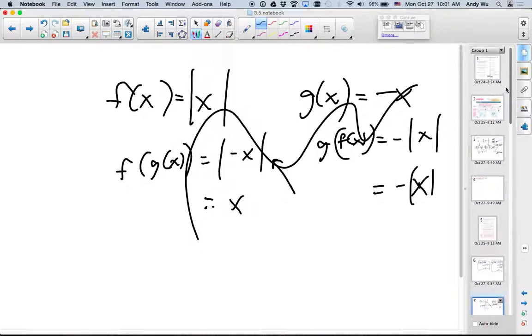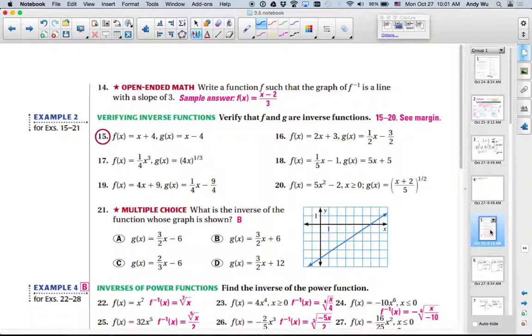Okay, any other questions on this? I just want to make sure you are plugging into each one and double checking. Okay. That means